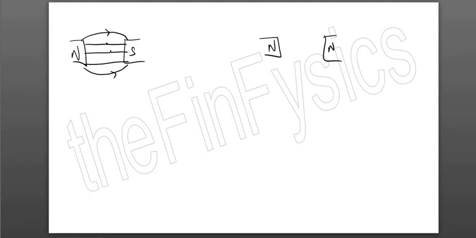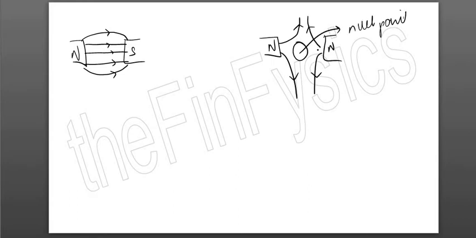The end field lines would be curved because they are being repelled. Parallel lines are the center. If it's north and north, this is what you're going to draw, the field lines repelling each other. And since they move away from the North Pole, this is the direction, very similar to electric fields. This point over here is known as the null point, where the effect of the magnetic field because of these two magnets is zero, which means if you point a compass, it will not be affected by the magnetic field of these two magnets.